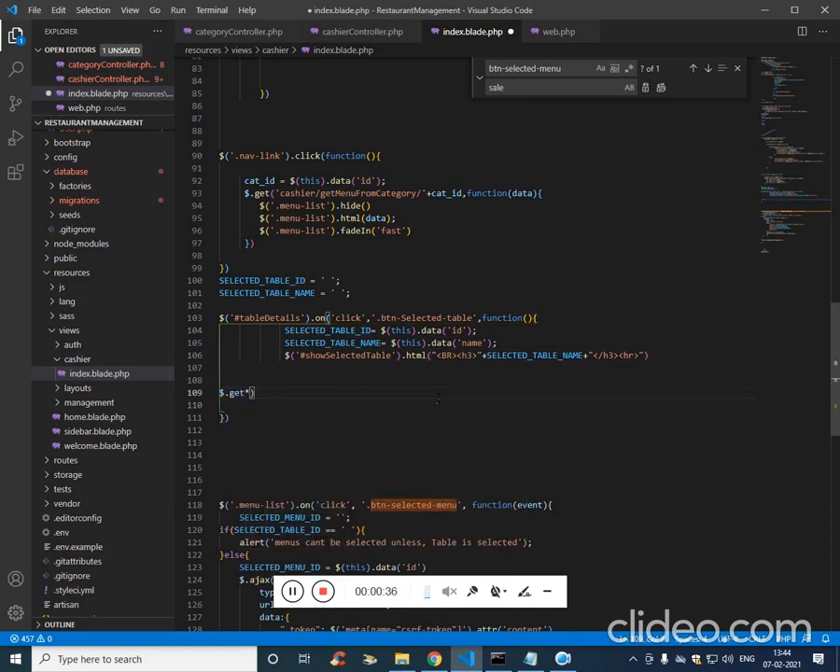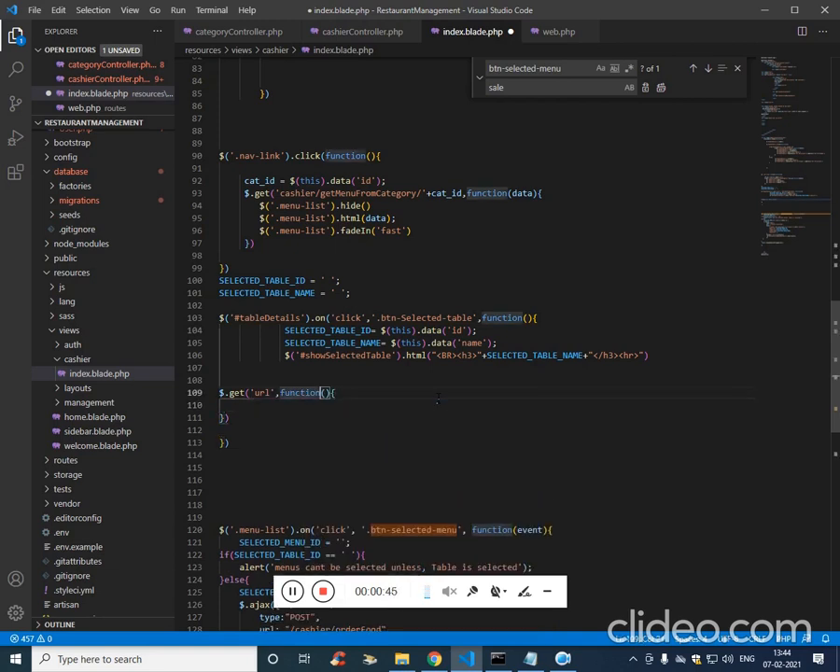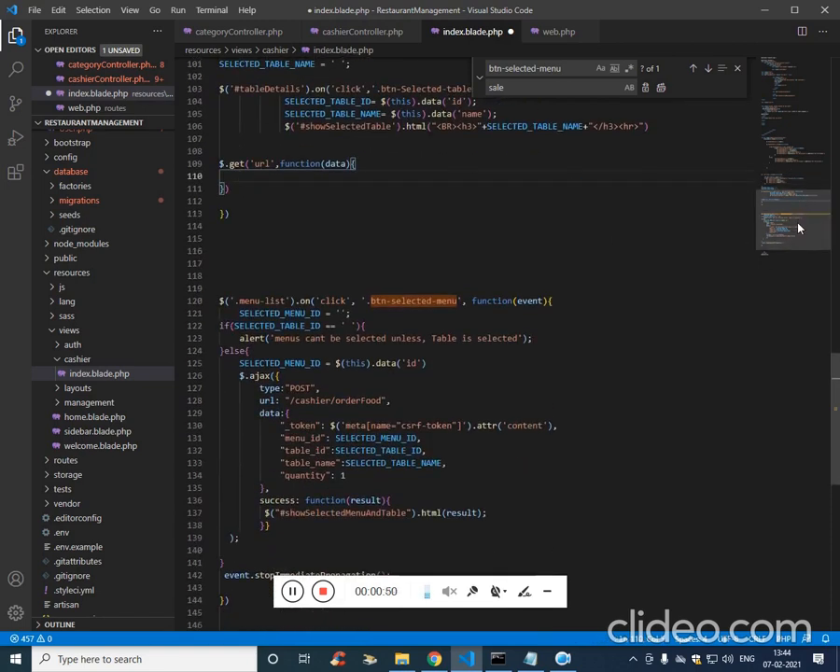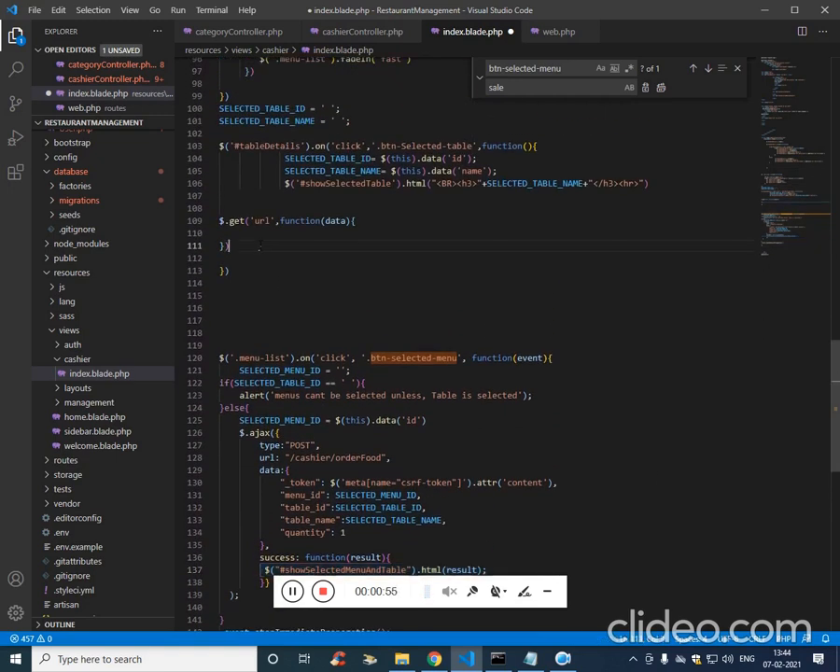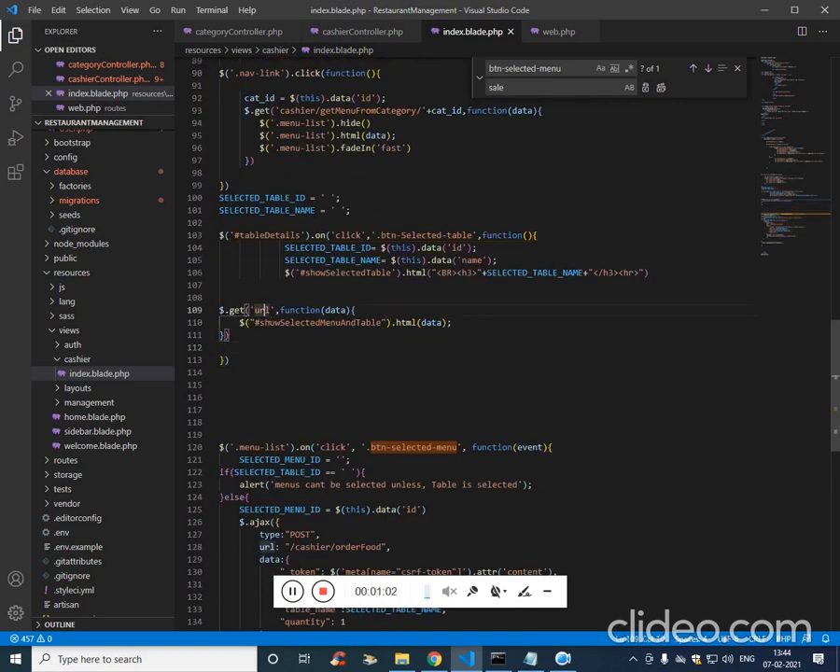$.get. The first one will be the URL and the second one will be the function, and that data will be modified over here. Fine. Now the URL is going to be cashier, and then